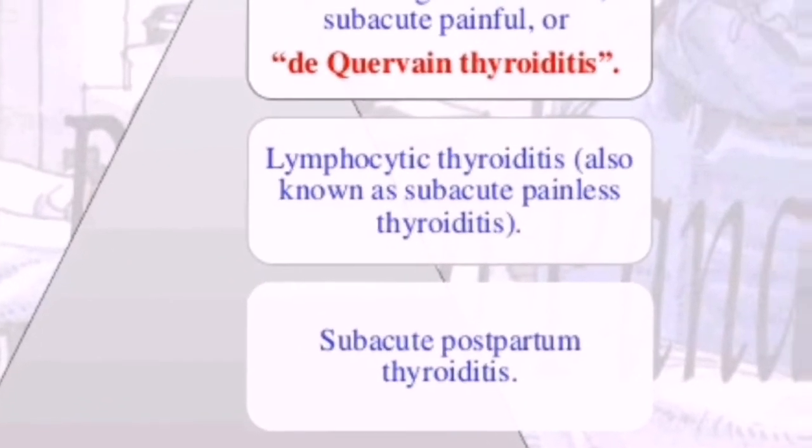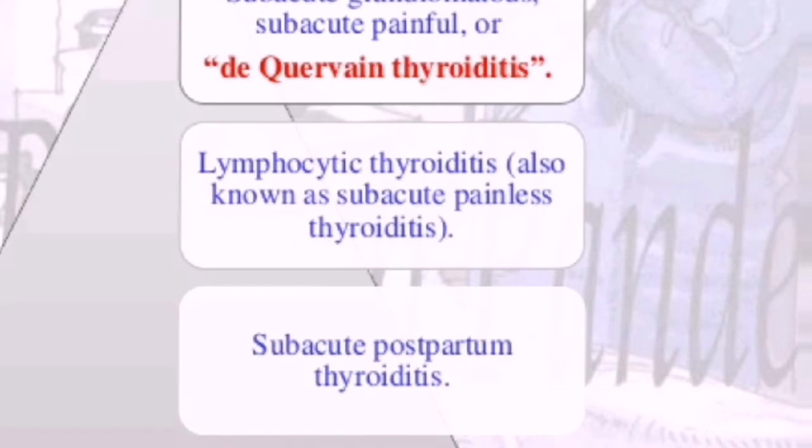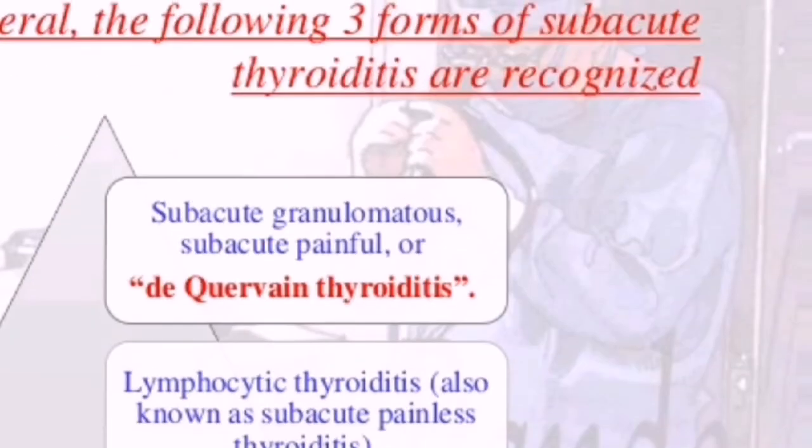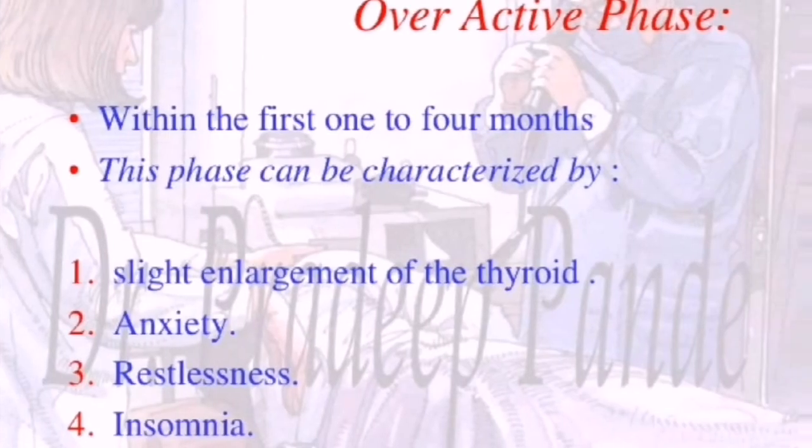Now you can see in general the following three forms of subacute thyroiditis are recognized: subacute granulomatous, also known as subacute painful or de Quervain thyroiditis; lymphocytic thyroiditis, also known as subacute painless thyroiditis; and subacute postpartum thyroiditis. De Quervain thyroiditis is a self-limited disease with a possible viral cause. The clinical picture in the first 1 to 4 months can be characterized by slight enlargement of the thyroid, anxiety, restlessness,